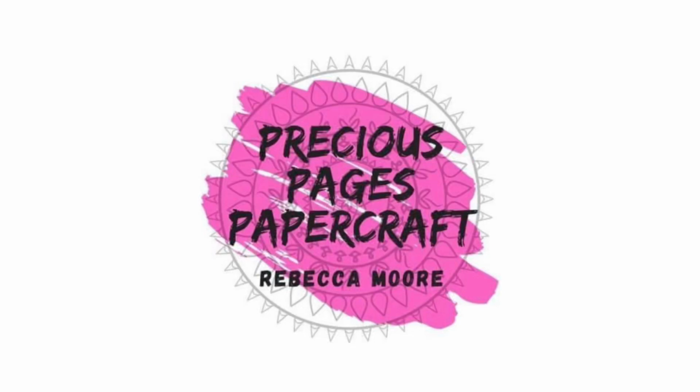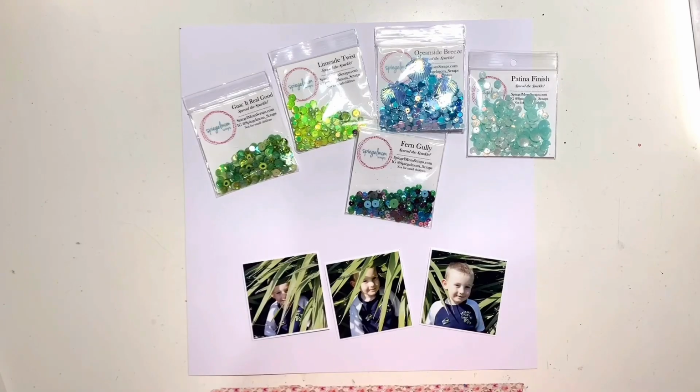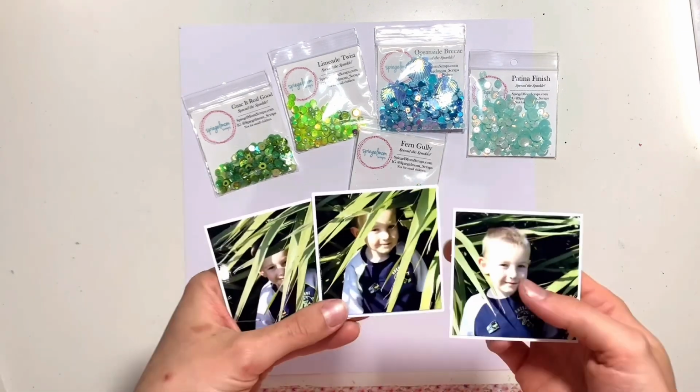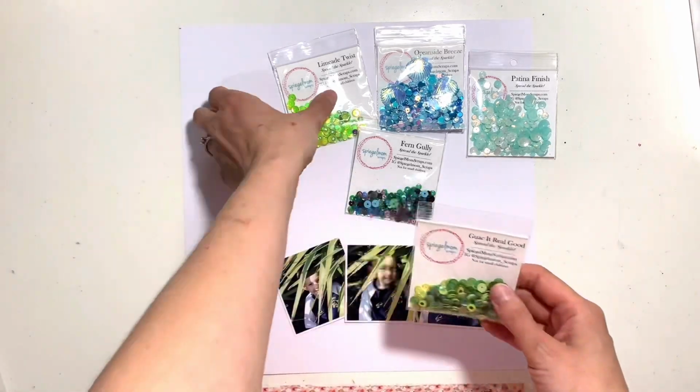Hi, it's Rebecca here from Precious Paige's Papercraft, and today I'm designing a layout for SpiegelMom Scraps. I'm doing a little bit of stash busting with my sequins today, and I've pulled out some slightly older mixes. I'm going with a blue and green theme, so I've delved deep into my stash and I've pulled out 5